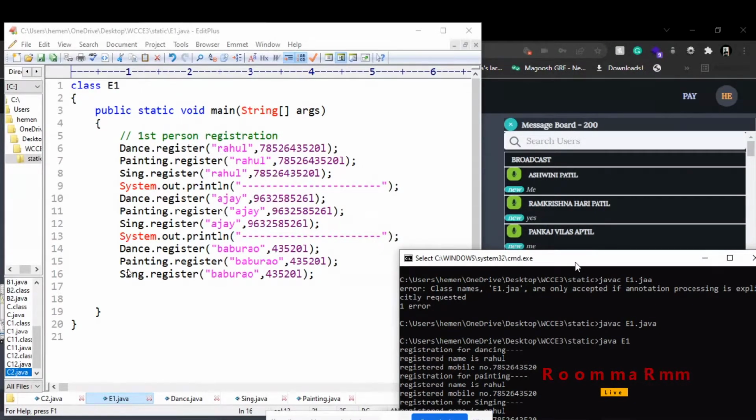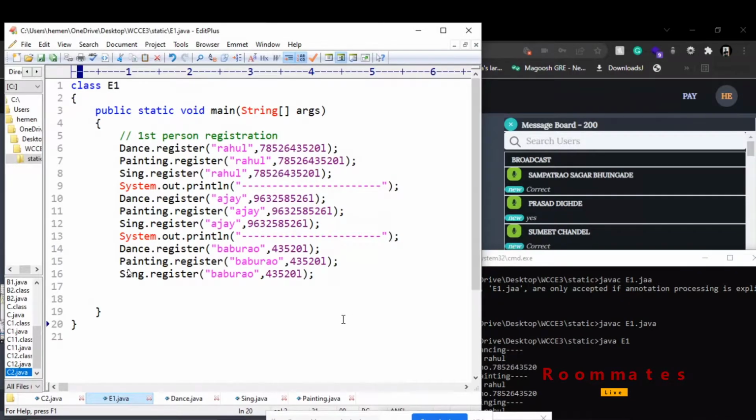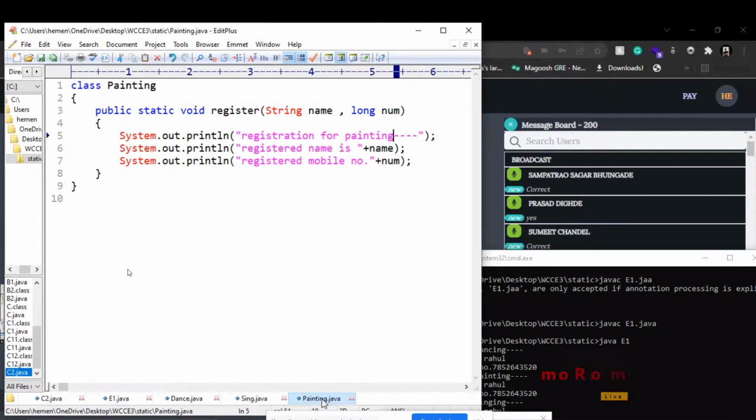Everyone, write down neatly this program. No, we can do switch case, but right now our intention is to learn how to call the static method of a different class in a different class.